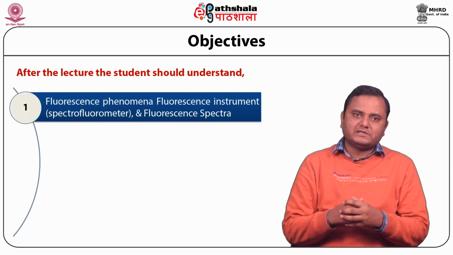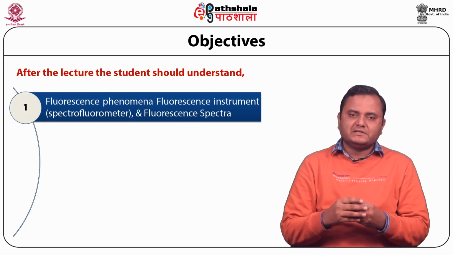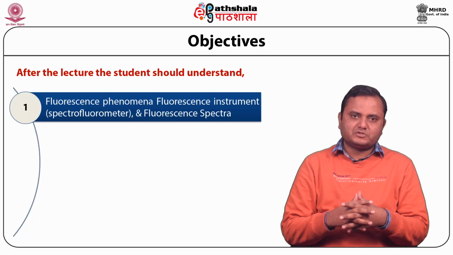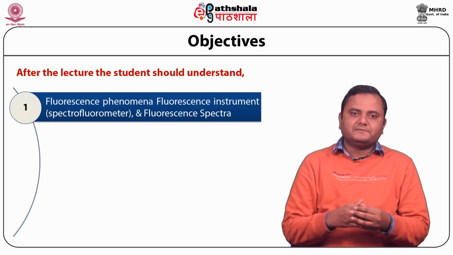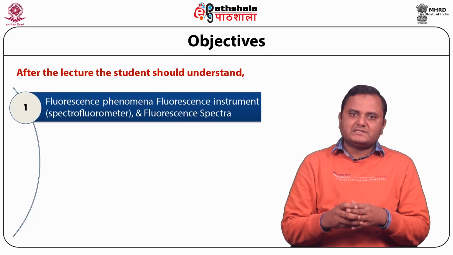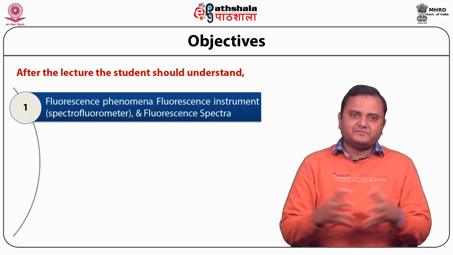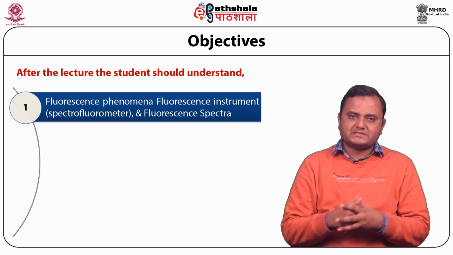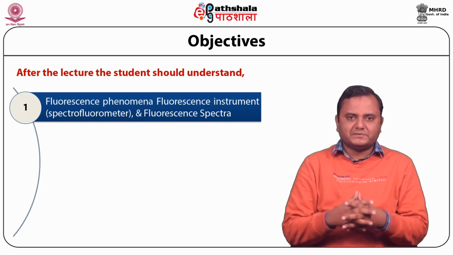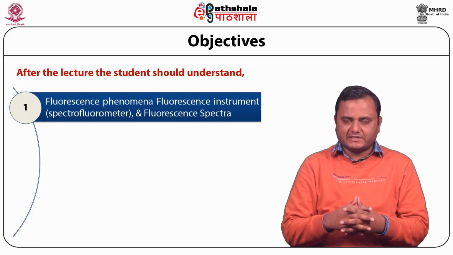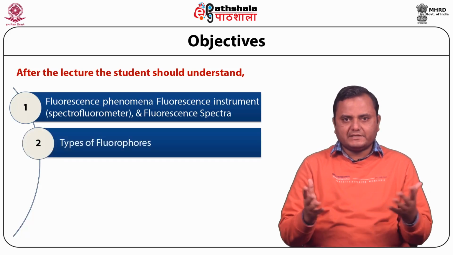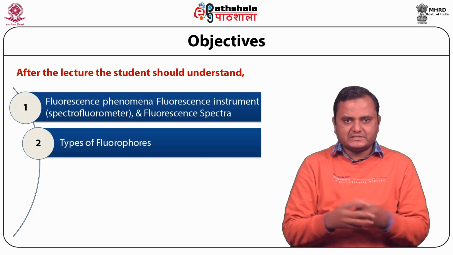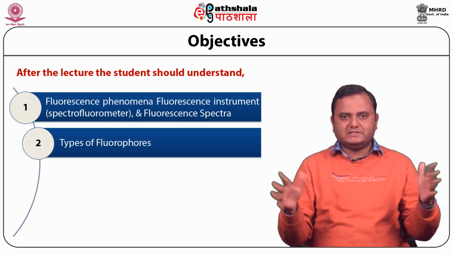Then we talk about the fluorescence instruments, the components of fluorescence instruments, how they work, and what the fundamental principles are. Then we discuss the fluorescence spectra, what the features of fluorescence spectra are, how they appear, and what kind of information can be derived from them. Then we discuss the different types of fluorophores, like extrinsic fluorophores and intrinsic fluorophores, and all the details about